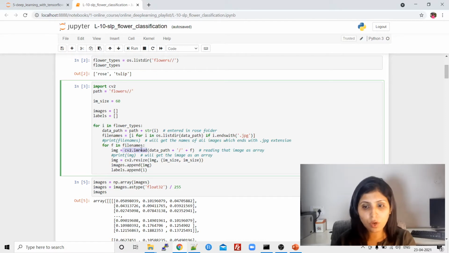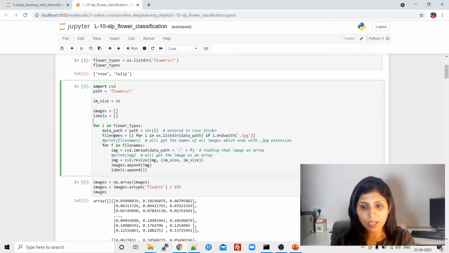Which image do we want to read? The image present at this particular location. What is present at this location? We have entered a folder, and then we have a name. After entering a folder, we are checking: we want all those images which end with the .jpg extension.